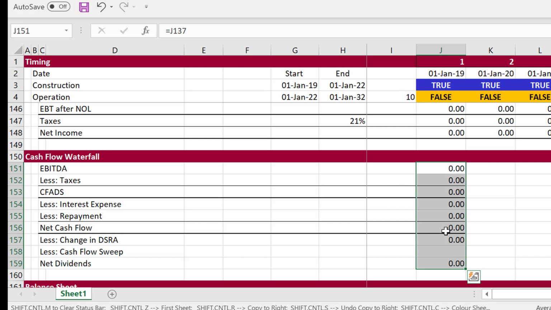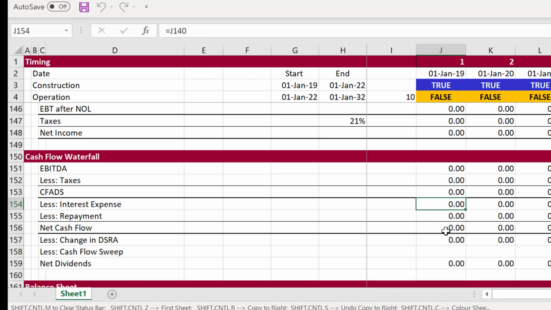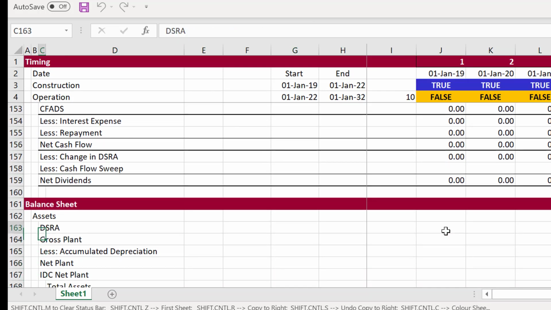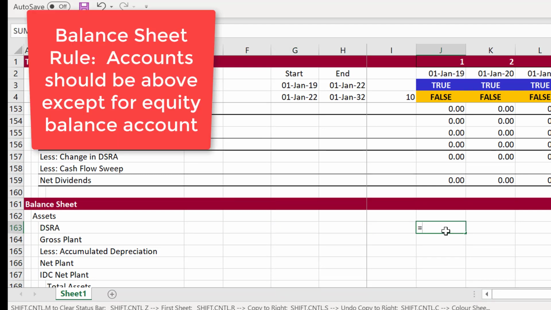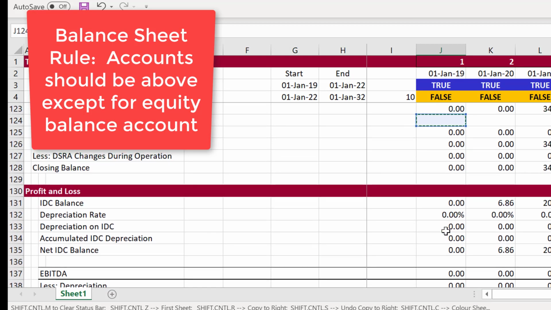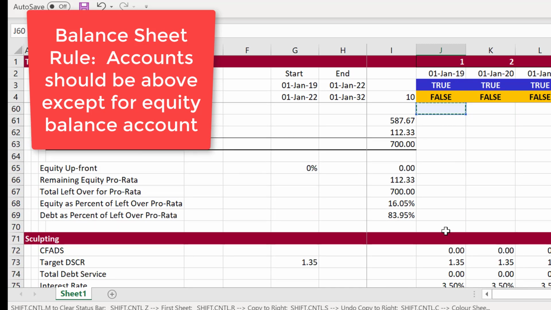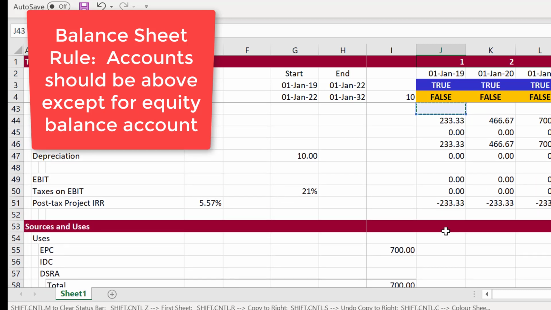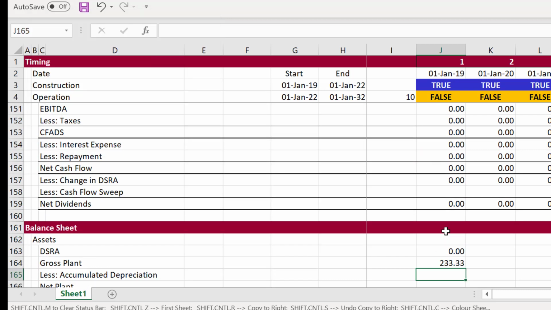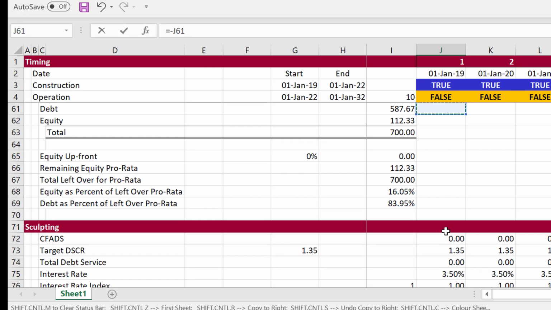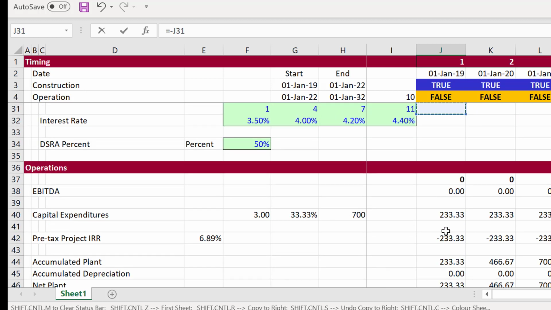Now I'll press Shift Control R, and then perhaps we better put the... Okay, and then we put this in. Now that we can put in all our balances, let's get the balance sheet for once. So I'll put the closing balance of the DSRA in, the closing balance of the gross plant. That's before we put any IDC. I can put a minus on the accumulated depreciation. Okay, and then